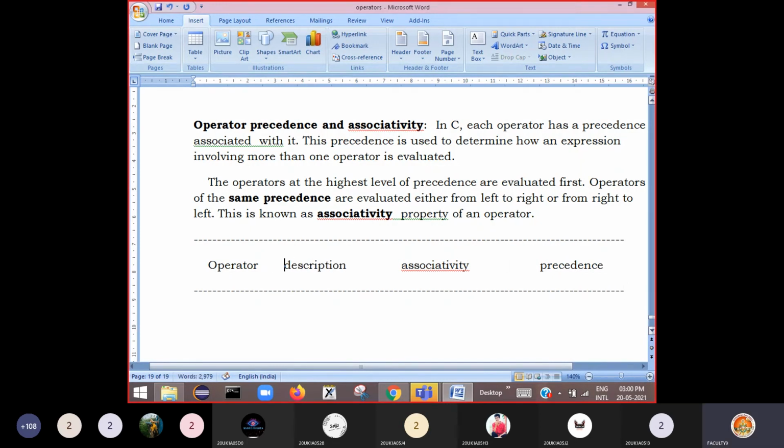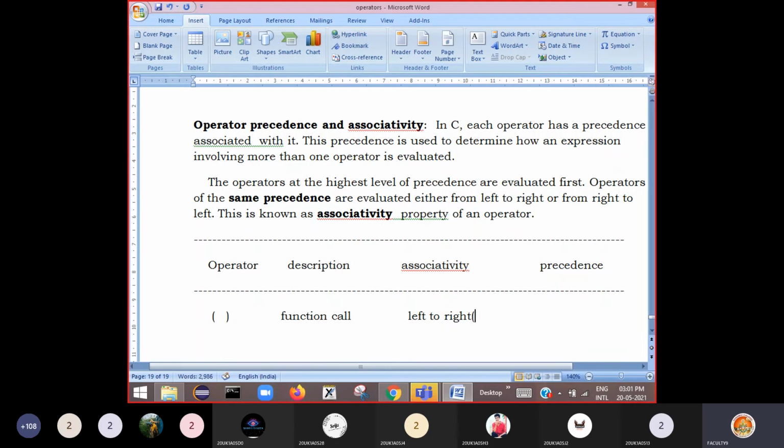Precedence is very, very important. That is how we understand here. A simple example I will give you: now see this parenthesis. This is nothing but a function call. When we talk about functions, you will come across this. A function call statement will have the highest priority, and its associativity is left to right.